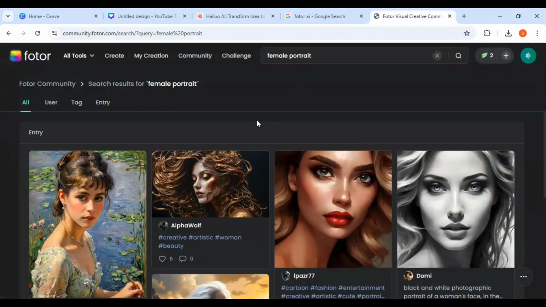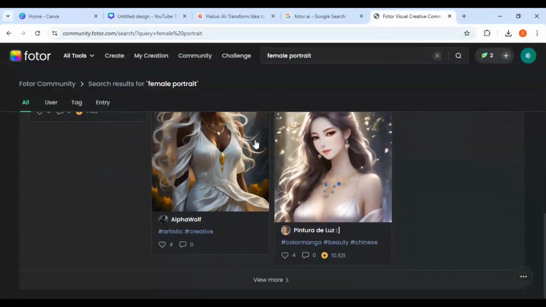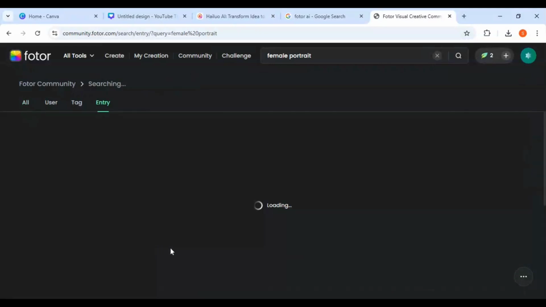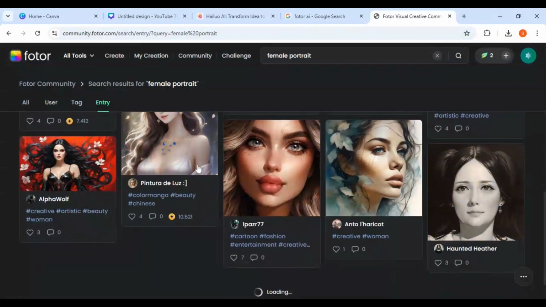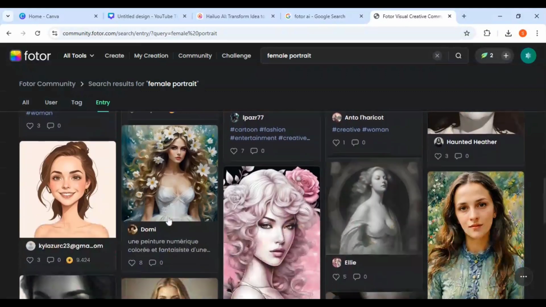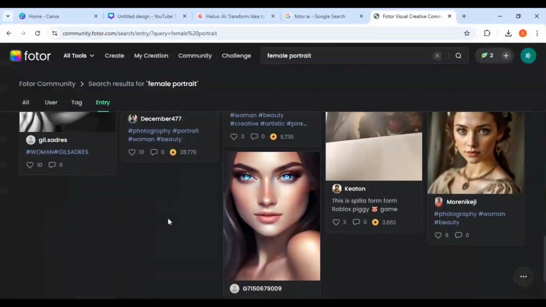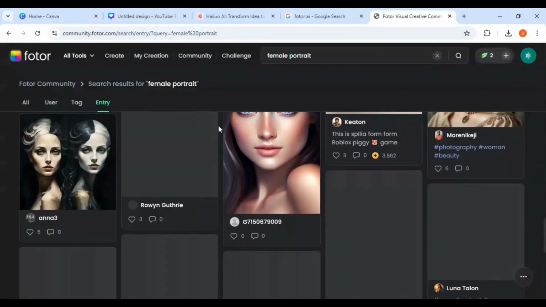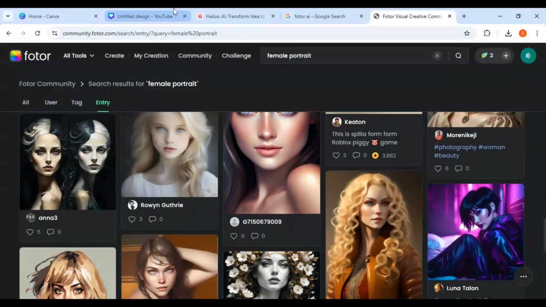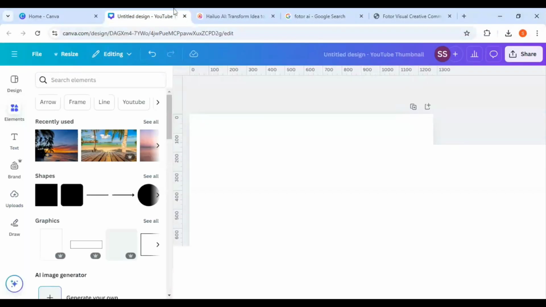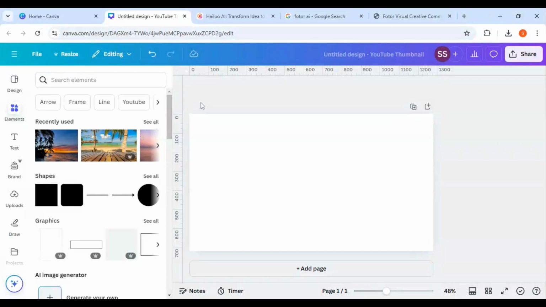So as you can see, a lot of images are present here. So we can search more and more and we can use our images. So I have chosen 2 images for this example, and to use that I will be going to Canva, which is another website where I will just clear the background and make a same background, because many of you asked